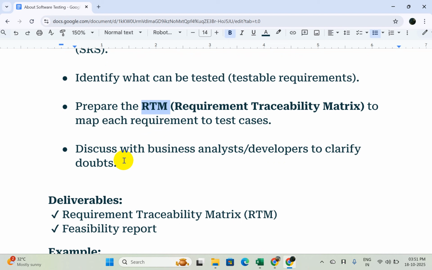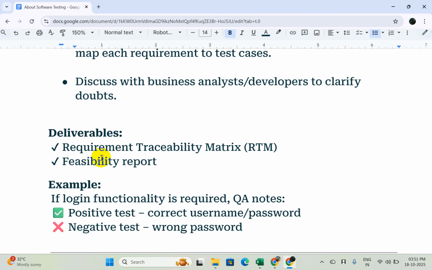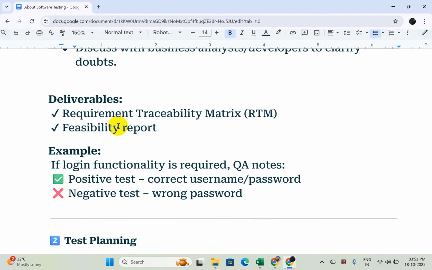If you are testing any kind of application and you get any small doubt, small bug, or unclear requirement, we can clear that requirement with the BA or developers. As part of the requirement analysis, we will have the requirement traceability matrix, which I have explained, and feasibility reports, like application feasibility reports, showing which things are working and which are not, and which tasks you have performed. Those couple of things, RTM and feasibility reports, are done as part of the requirement